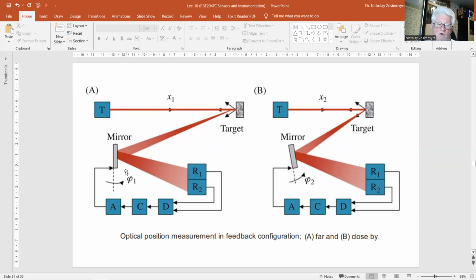Upon displacement of the object to position X, the light beam shifts from the center of the dual sensor, resulting in different photocurrents. This difference is used to drive the mirror to rotate an angle phi 2, as you can see